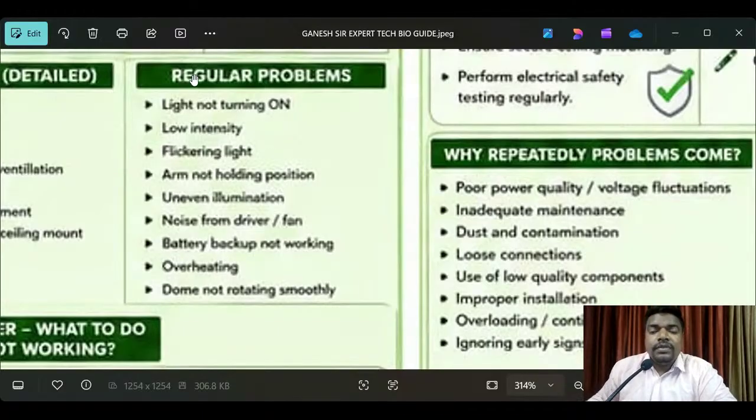Regular problems of the OT light, the surgical light, see here. I'm going to read out all of them: light not turning on, low intensity, flickering light, arm not holding position, uneven illumination, noise from the driver or fan, battery backup not working, overheating, dome not rotating smoothly. Whenever the hospital technicians give you a complaint in this way,